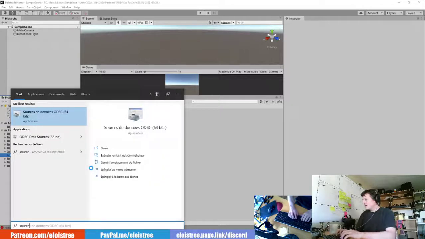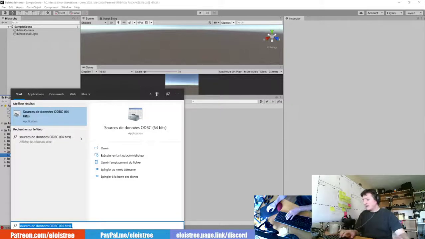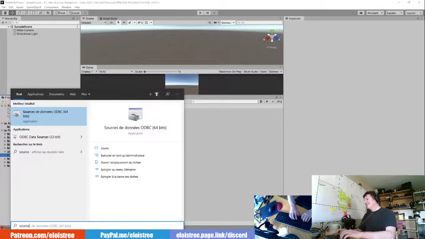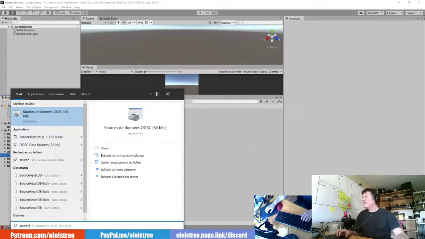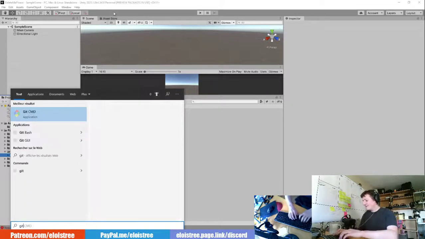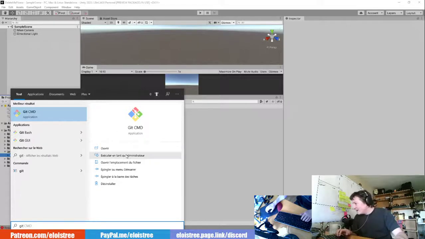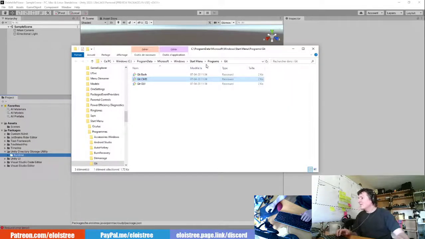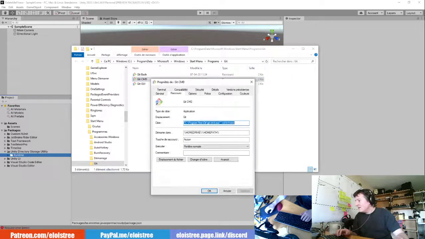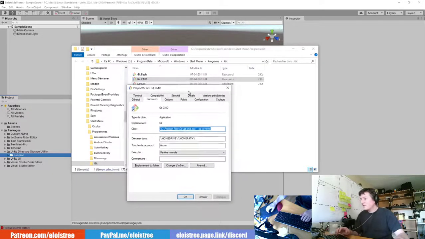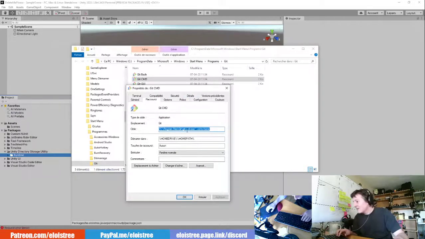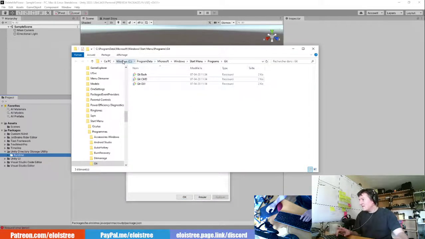I have Git. You have Git? Okay. The problem is that I don't know where my Git is. If you look at my screen, you can see that Git is installed. So we need to know where is the executable of Git. It's what I'm looking for. CMD Git. Usually I go on SourceTree and I check where they installed the Git commands. But here apparently it's in Program Files Git CMD. So I will try to see if it is well over there.